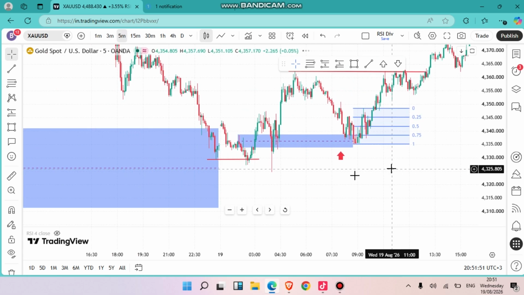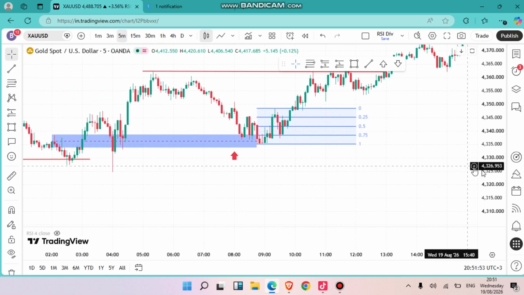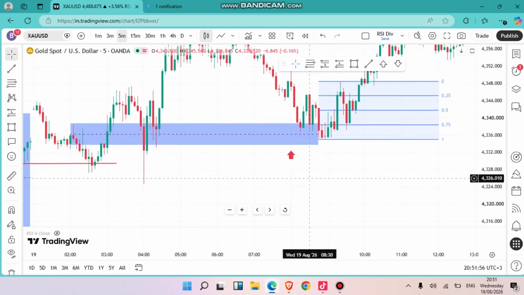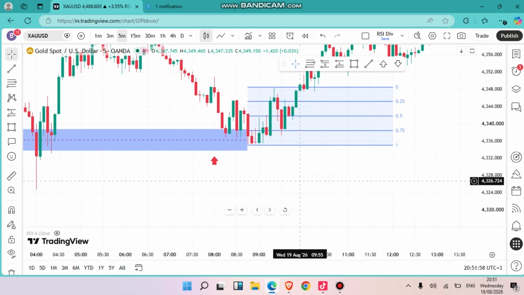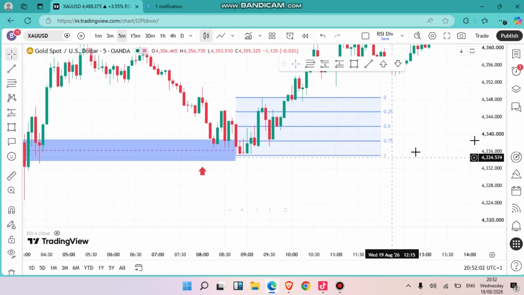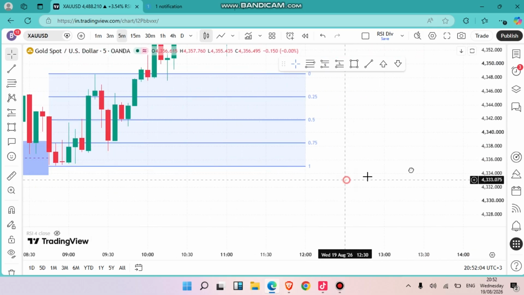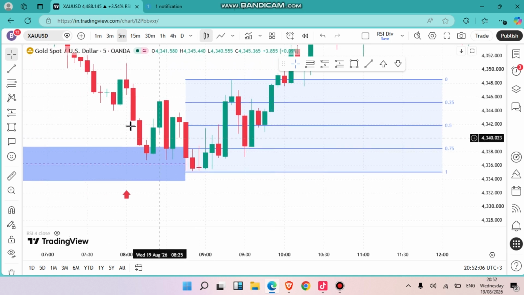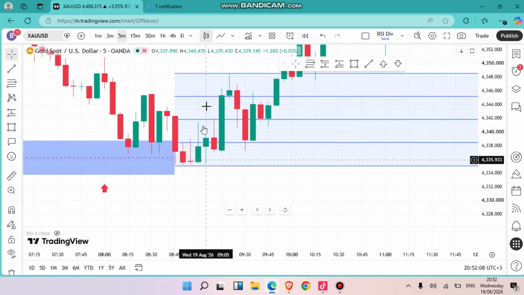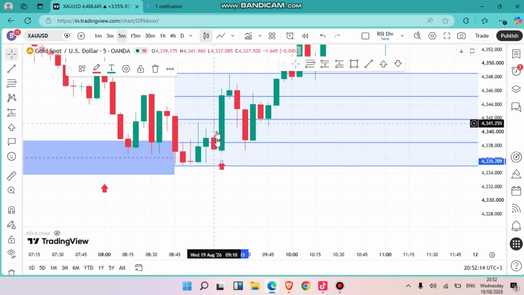The other one is called the candle manipulation model, which I love using. It originates from this guy called Tom Camp, where he says wait for a candle to manipulate the lower side of one candle and close as an engulfing candle. So that is what we have here. This candle right here has manipulated the previous candle and closed as a bullish engulfing,